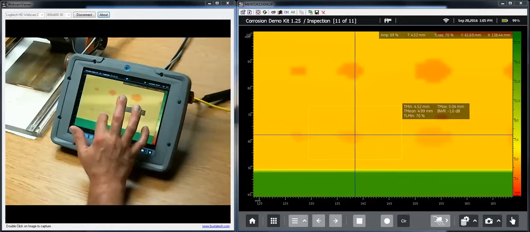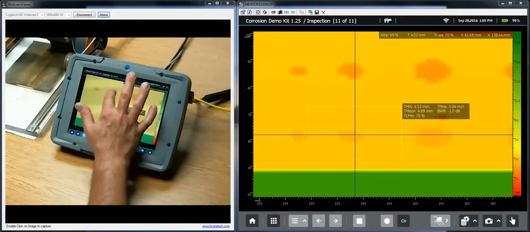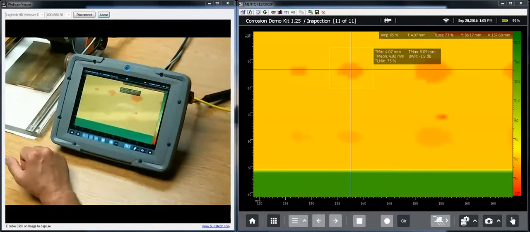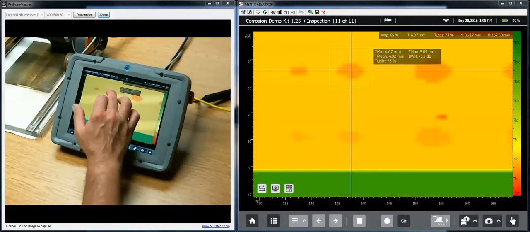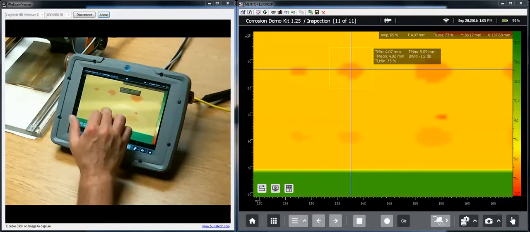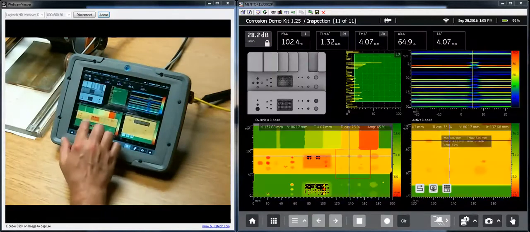I've got a hole that is just visible there that comes in a little thinner at 4.5. If I come up here and look, you'll notice my thin reading is just a little more than 4 millimeters. You can see there's a much bigger color difference between this hole and that hole as well. So if I go back to my full screen,